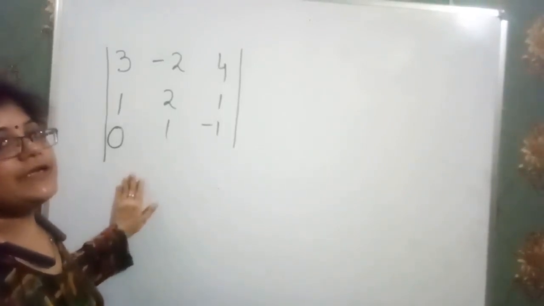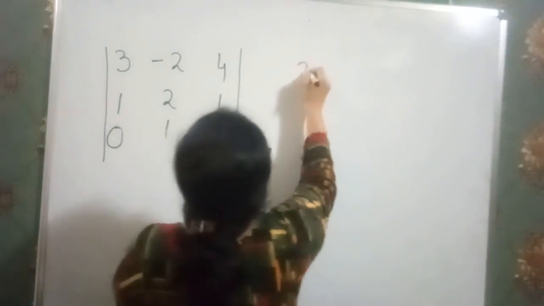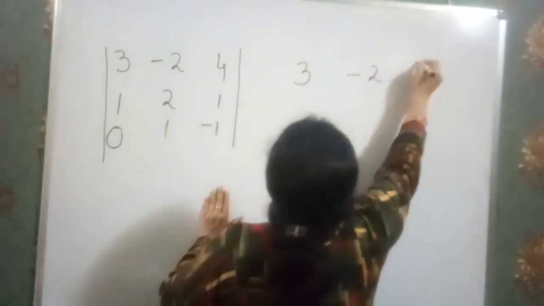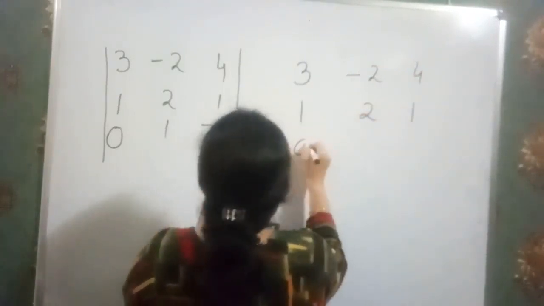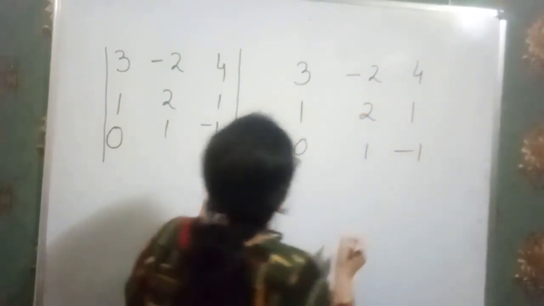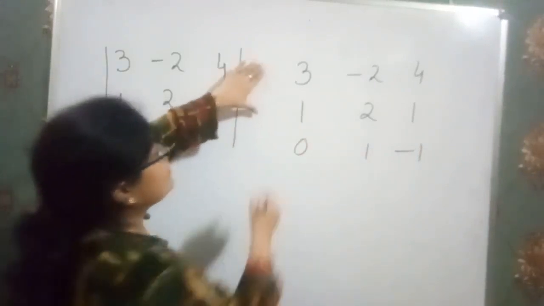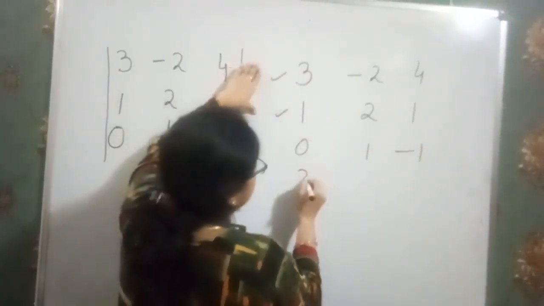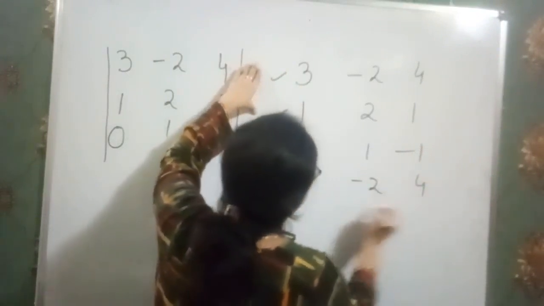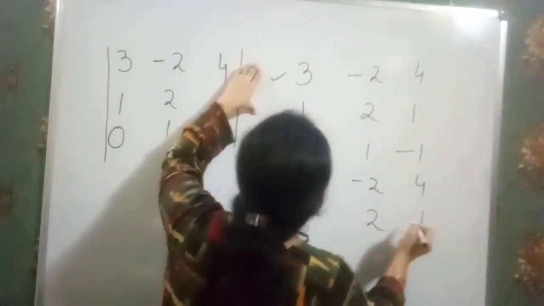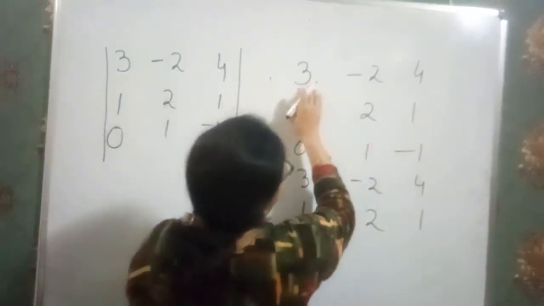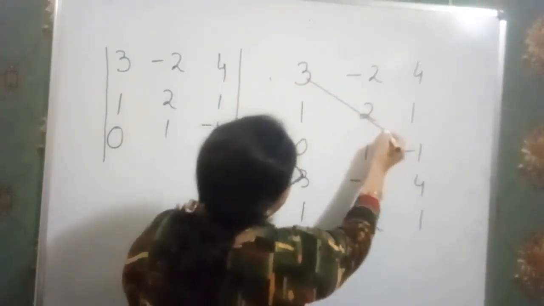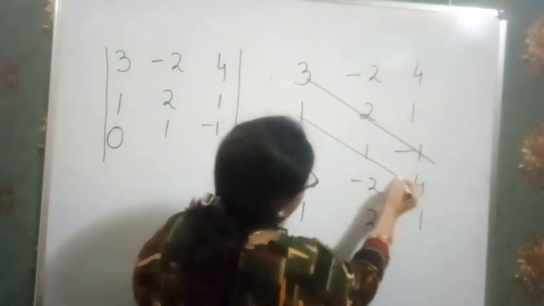Now this is the question for which we have to find a determinant. For this we just use a trick. If we practice this trick, then we can find the value of the determinant in a few seconds. Just write all the three rows like this and repeat the upper two rows. Okay, in this way. Clear? Now just take three elements in this way, here, then here, and in this way.